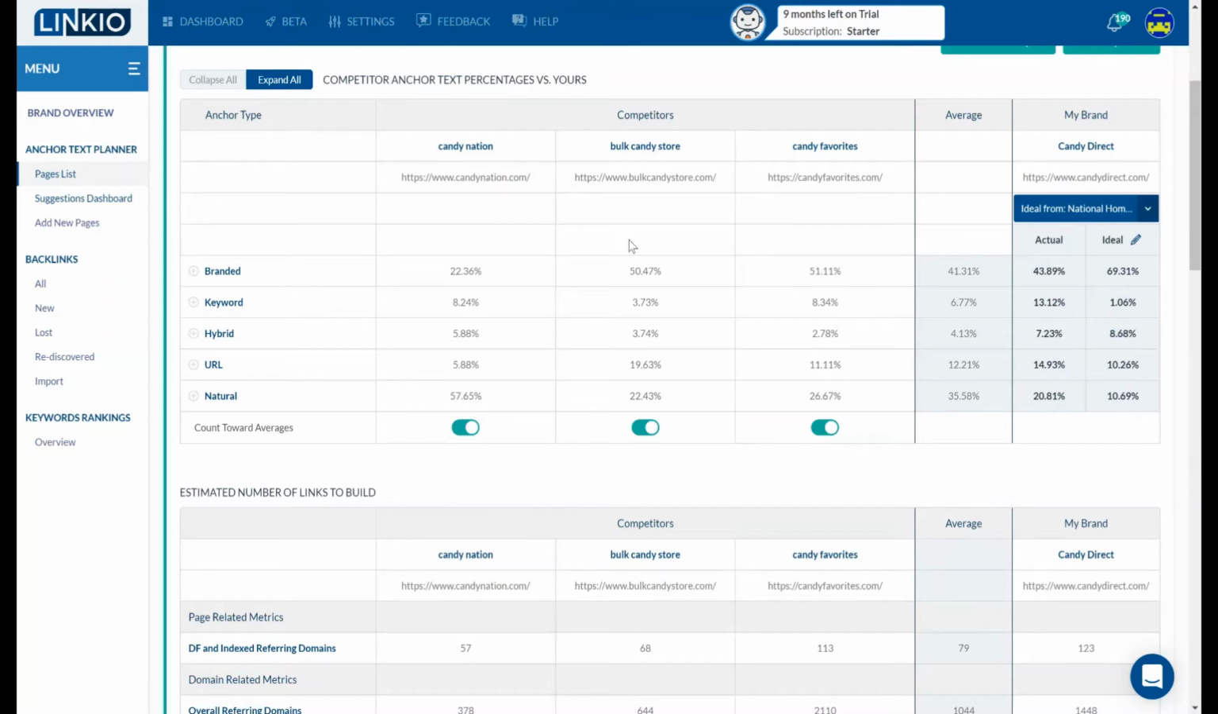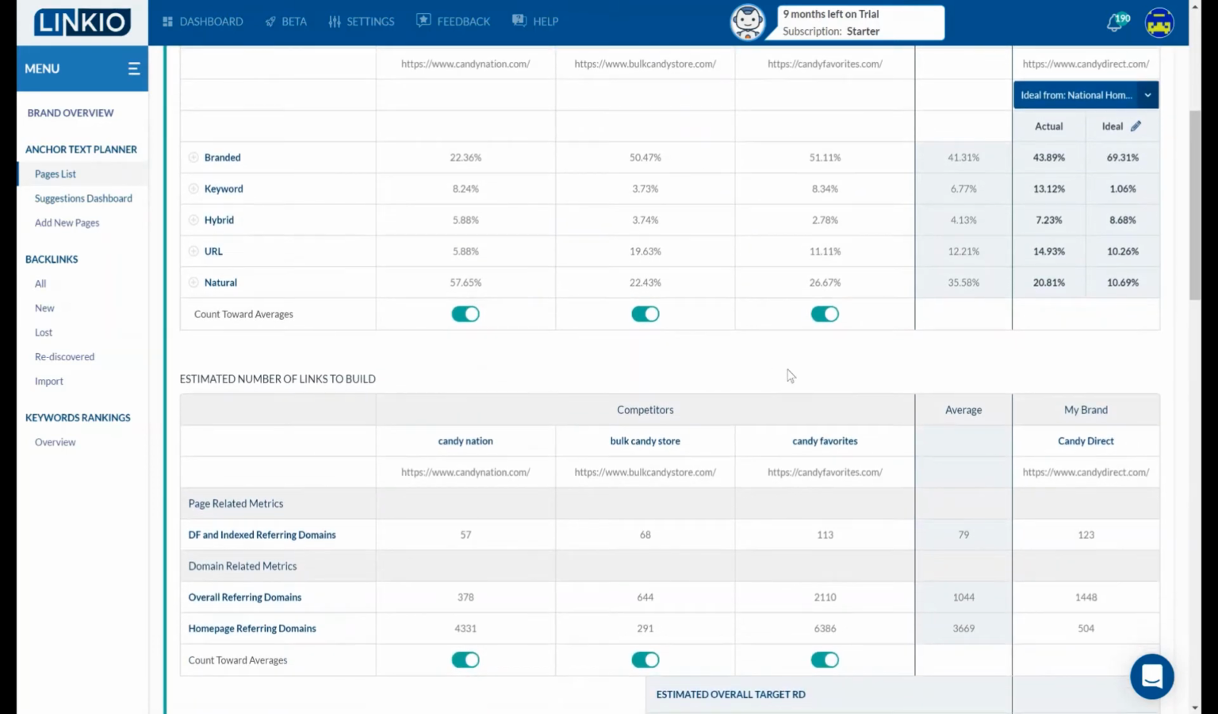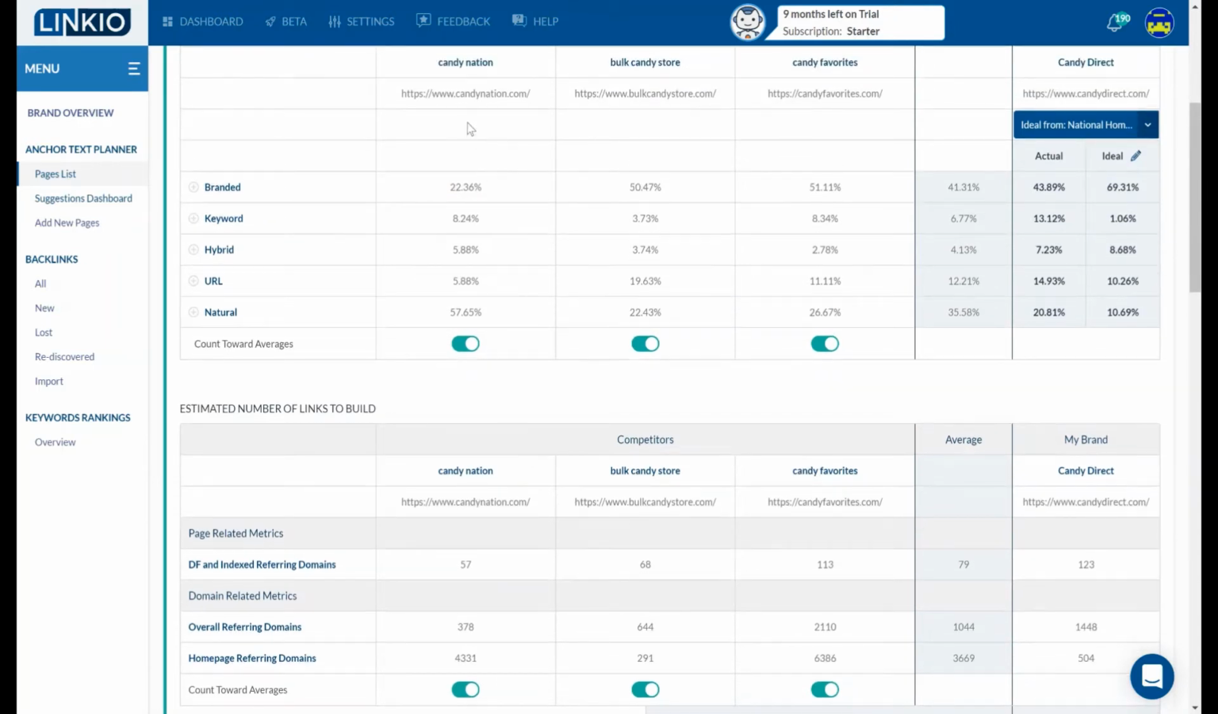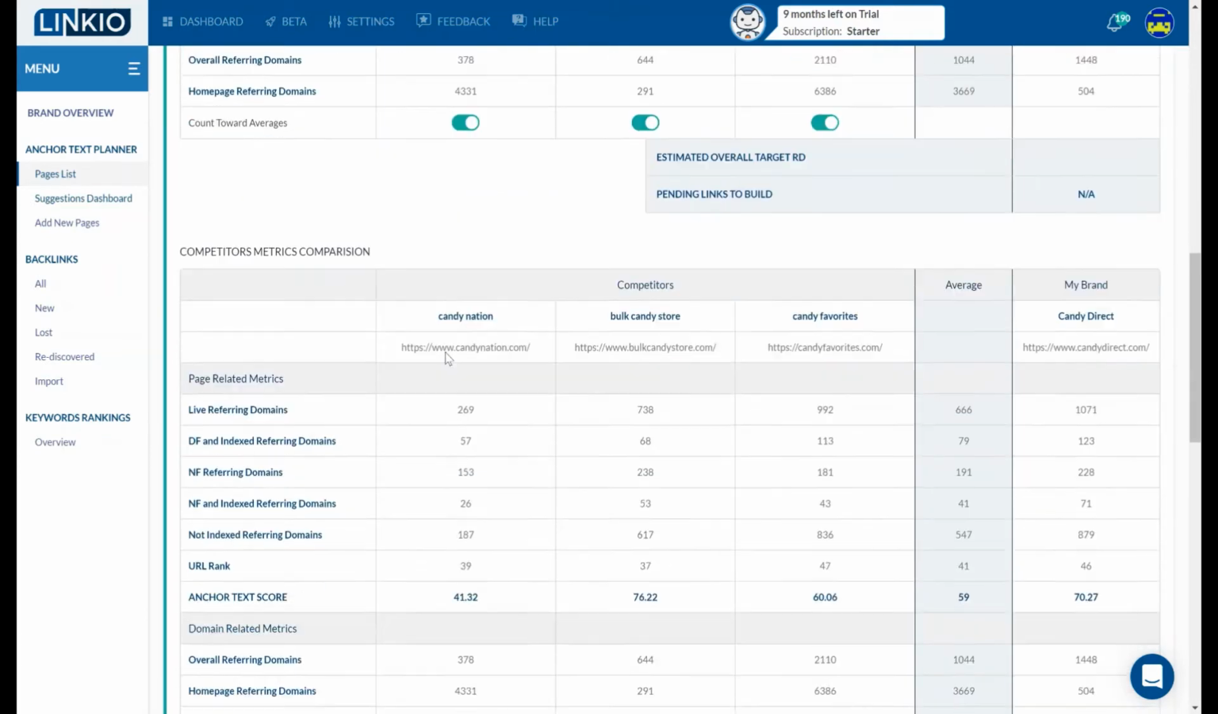The value of doing this exercise also is sometimes if you don't want to use the Linkio defaults, it's better to actually use competitors who are ranking high for your keywords, seeing what percentages they have and modeling it after that. In this case, these two have a 50%, 50%. This one has a 23%. Whenever you see a high ranking site with a really low brand in Linkio, it probably means something's wrong with the categorization algorithm. So what I would do here in this case, I would go to Candy Nation